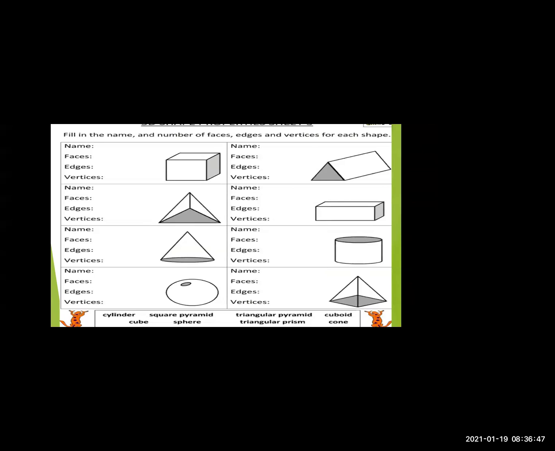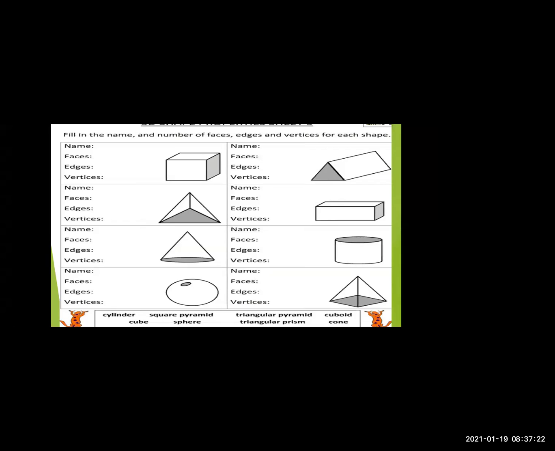Yes, very good. It is a cylinder. I knew that you know the answer. So the shape is the cylinder. A cylinder has 3 faces, one curved face, and to the top and to the bottom there are 2 circular faces. So there are total 3 faces, but it doesn't have any vertices and there are 2 edges. To the top, one circular edge, and to the bottom, one circular edge. So there are 2 edges.